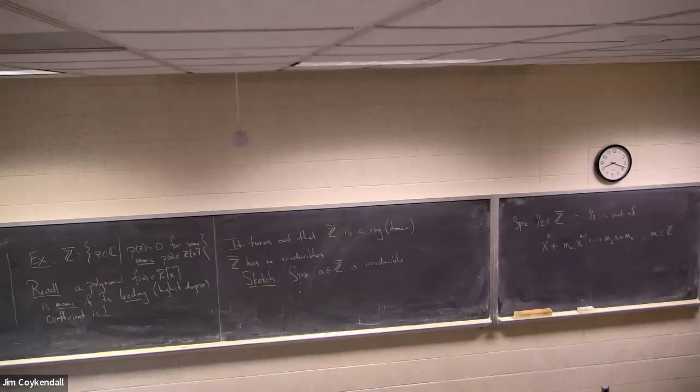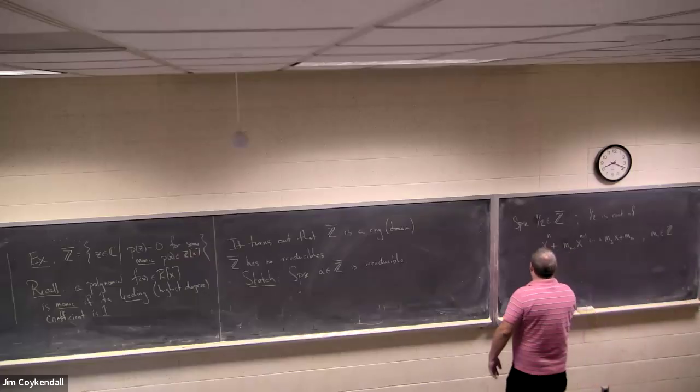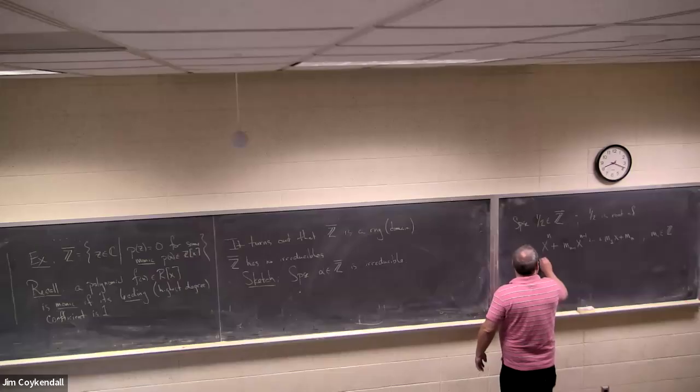Everybody okay with it? Okay, anybody know how we get a contradiction from this? 2x minus 1 would have to divide that. Oh, something like that. So what this means is 1/2 to the n